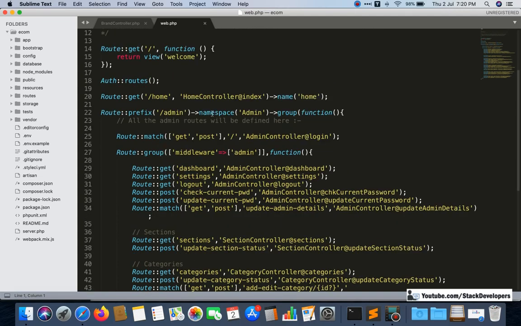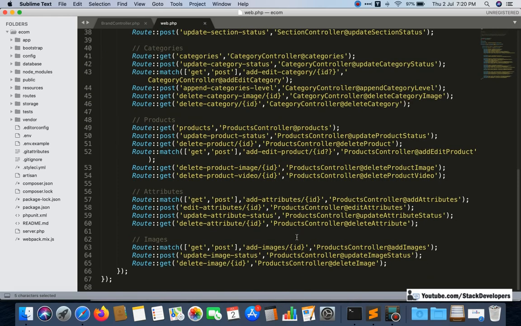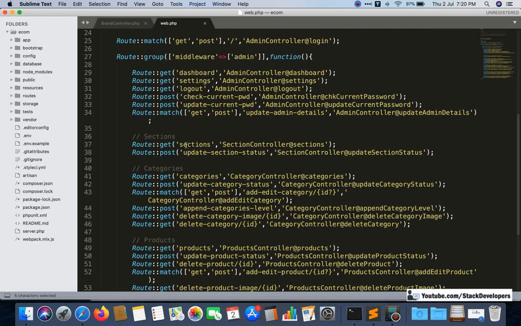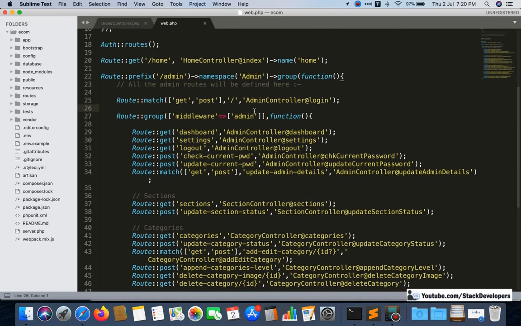You can see the namespace here, and this namespace means that all the controllers for these routes are located inside this admin folder. In the last video we created the brand controller as well. We can see here, there must be a brand.